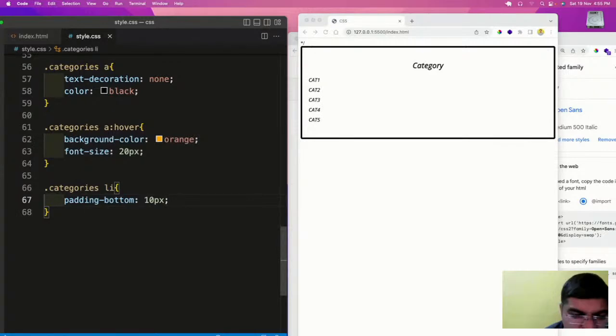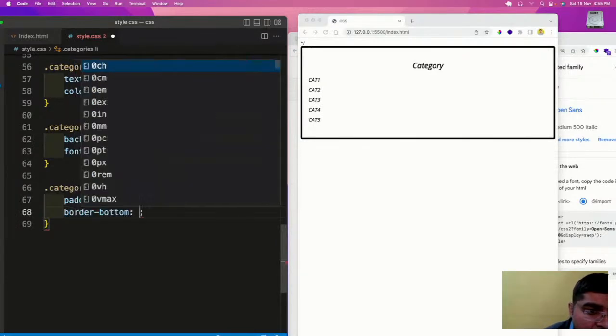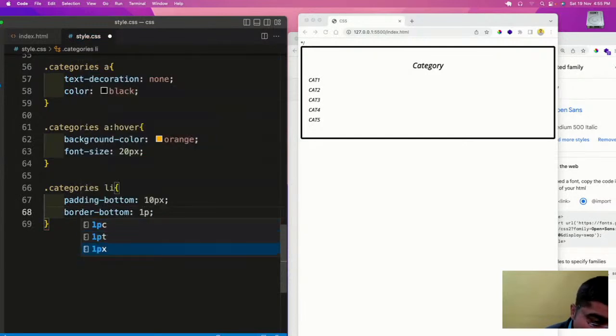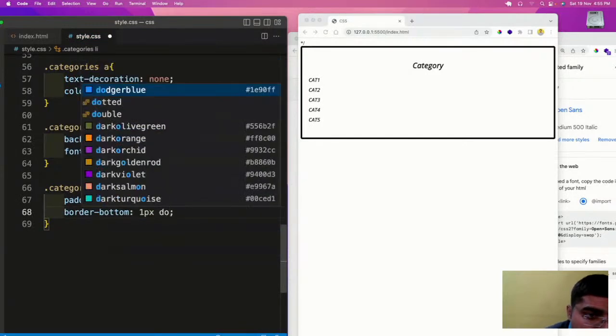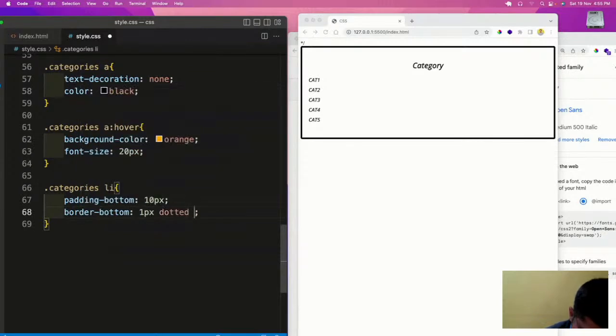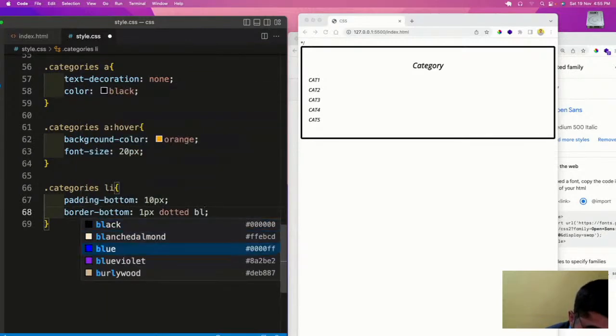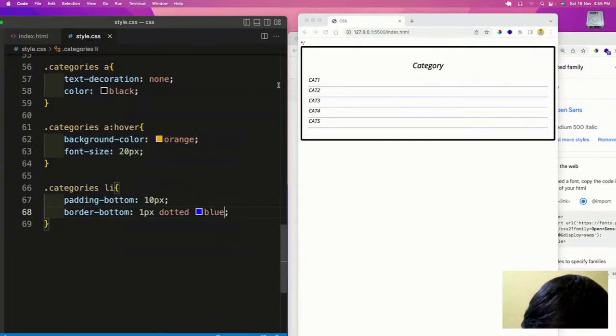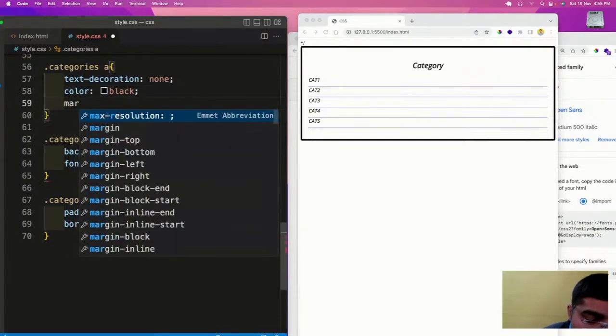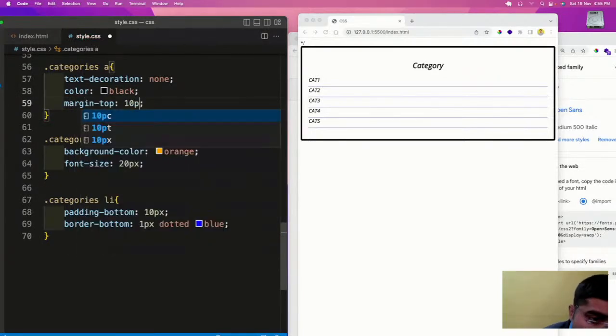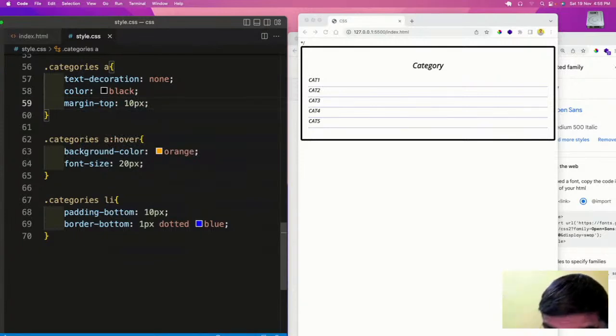Okay, so some spaces have been introduced, and we have border-bottom 1px dotted of blue color. And we will have margin-top, let's say 10px, so that it looks nice.